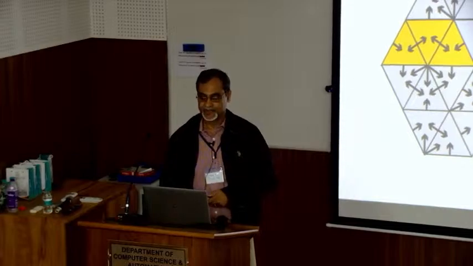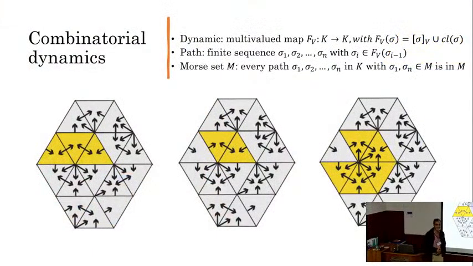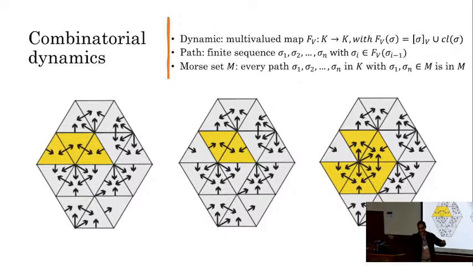So now I have to define in combinatorial terms the integral paths. Integral paths need a definition of a flow. So how do I define the flow? It's defined by a multi-valued map. If V is the flow, what it does is it takes a simplex and maps it to a couple of other simplices. That's why it's called a multi-valued map. What are the other simplices? It takes the simplex and it can map to any simplex within its vector, or it can go to its boundary. So that's the second part: within the vector, or it goes to its boundary.